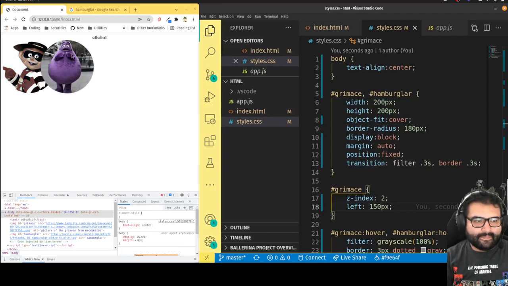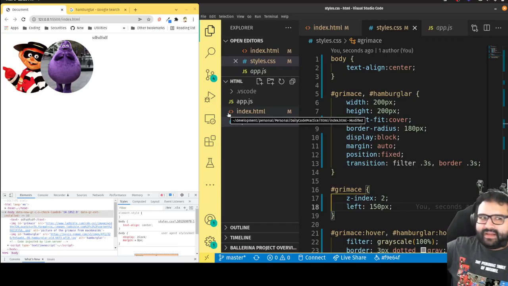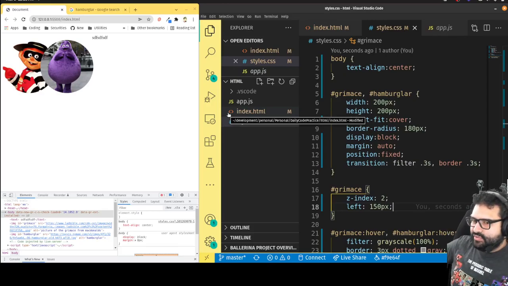Okay. Now working with fixed and relative positions can give you cool effects like this, but they can also be really tricky to work with when it comes to responsive design because you're fixed. So it's not necessarily going to move perfectly as you adjust the screen. You can use percentages, but percentages can also be tough to get to work consistently. So beware if you want to do these layered effects. Keep in mind some of the challenges you may have in trying to come up with the responsiveness of the page at different screen sizes,